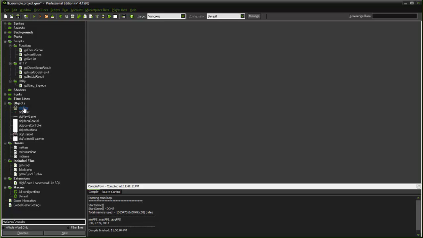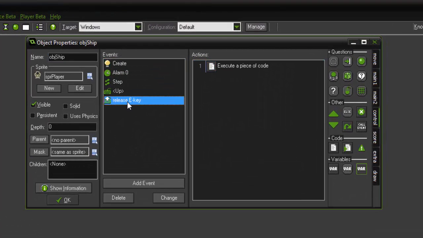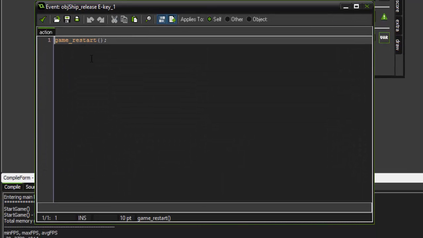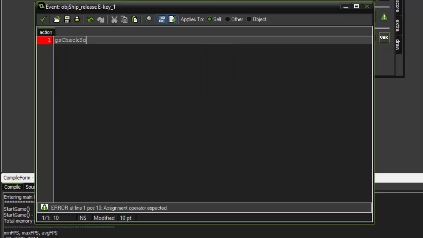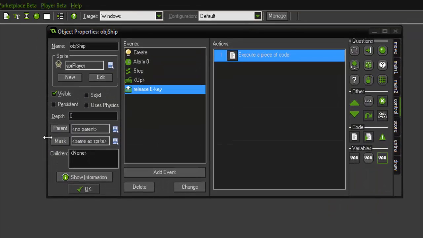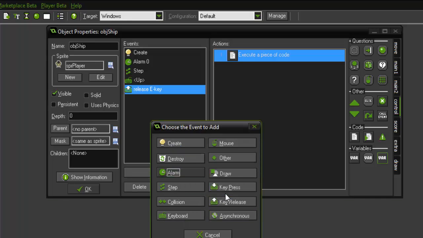Over here in OBJ ship, here's where we have the release E event. That's where we end the game. So we want to make a change there. Right now we simply restart the game. We're going to remove that, and we're going to do GS check score. And there are no arguments to that, so we're just going to simply close that. And remember, this is an asynchronous event, so as soon as we push the E key, it's going to fire off that asynchronous event, and we're going to get a return on that,